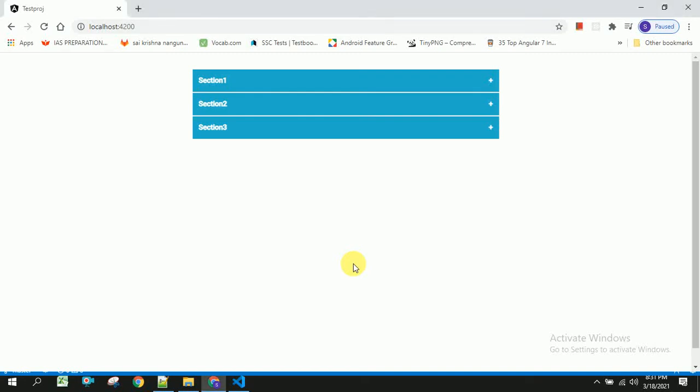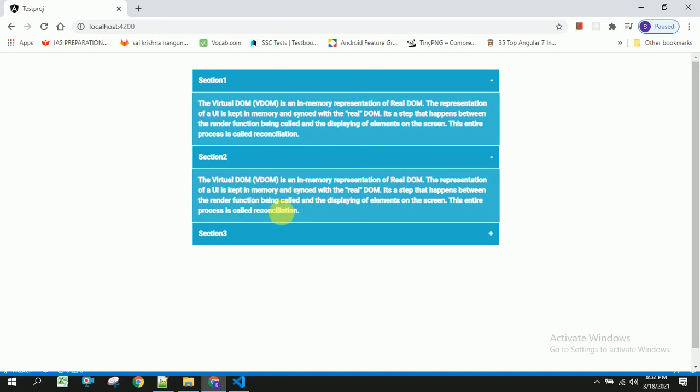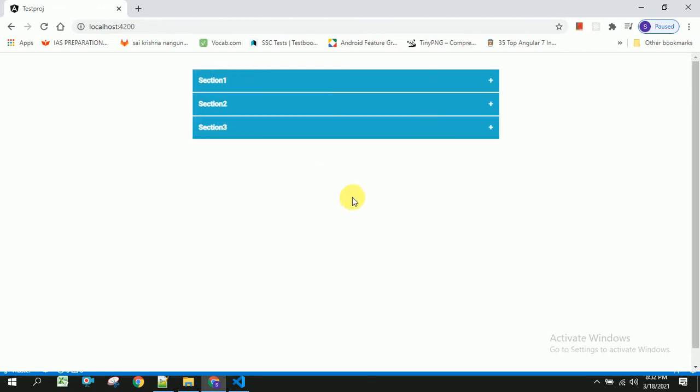In this video we are going to see how to create accordion sections without using any third-party libraries in Angular. So this is the demo of what we are going to create. If you see here, we have rendered multiple sections. This is the accordion, which consists of the child sections, and this is the plus icon. Once the user clicks on this, the icon will be changed and the description will be shown to the user. And if he clicks on this, this will be the description and it will be shown to the user. And if he clicks on this section again, it will be closed. So in this way we can show and hide the description of this accordion without using any third-party library.